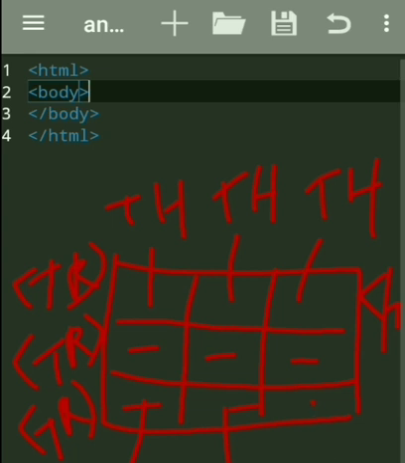Suppose we want to create a table whose headings are, at first, name, second role, third class. Name, role, class, the 3 heading elements. And for entering data, suppose for name we give AA and BB, and the role of AA is something, and the class of C is something. In this way we want to enter values in the table. So this is more or less our table concept. Here we are going to create a table with 3 rows and 3 columns. Let us start.